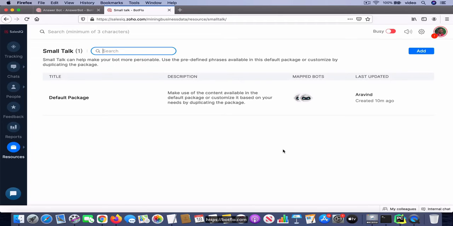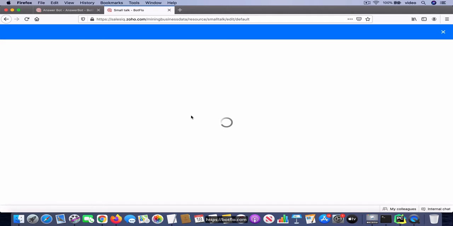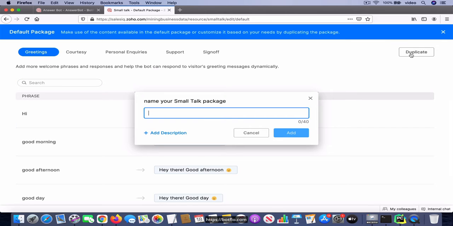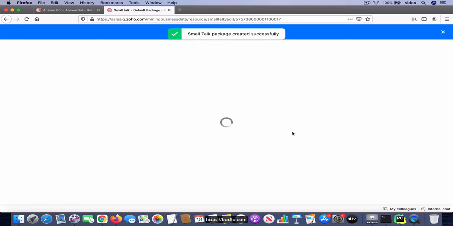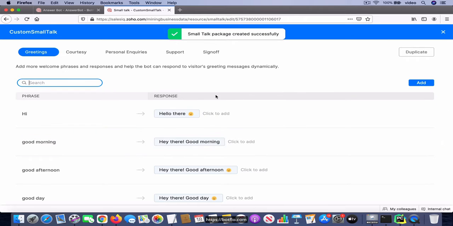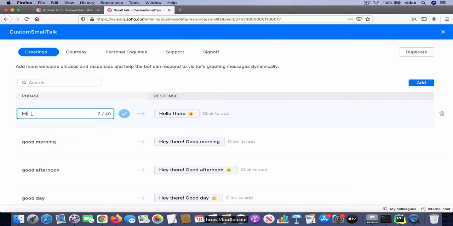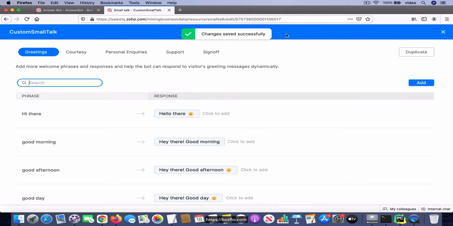Let me also show you how you can modify the small talk. So you go to the default package and you just duplicate it, and I will call it custom small talk, and let's add that. And you notice that in the custom small talk you have a few more options. You can, for example, edit the phrase. You can say, instead of hi, you can say hi there, and you can add a new phrase,